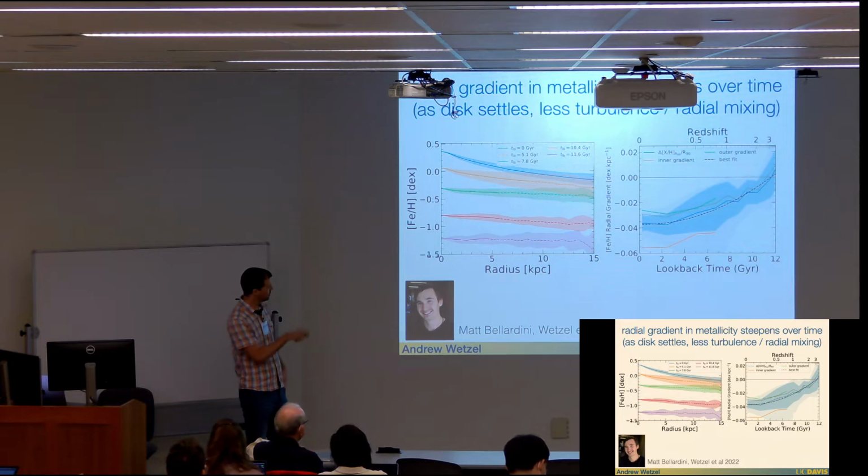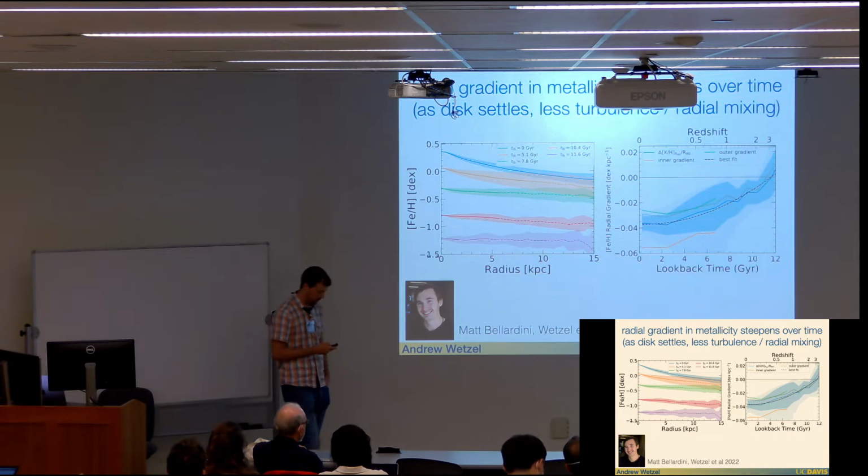And so this just shows the strength of the gradient as a function of lookback time. Don't worry about the different lines, just look at the blue curve here, where the gradient is strongly negative today, but if you go back far enough, to about redshift 3, our Milky Way progenitors basically had no measurable gradient. It can occasionally scatter to positive, but typically it was 0 at these times.